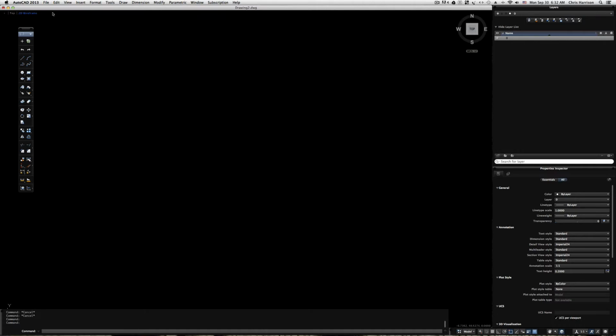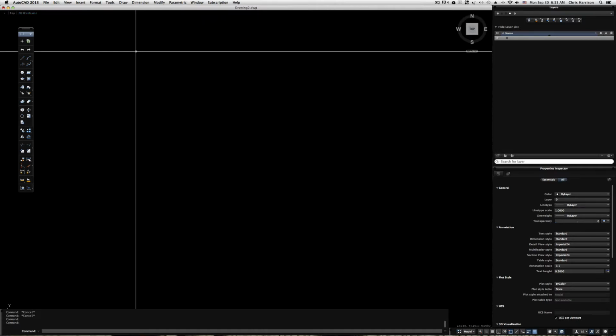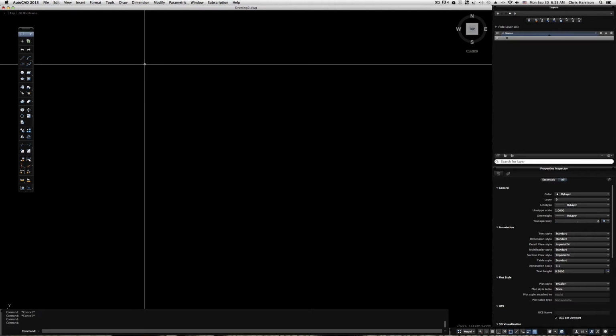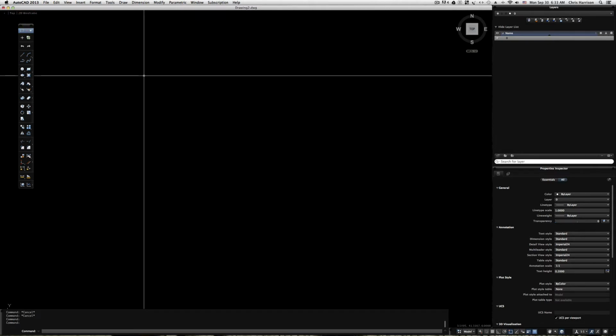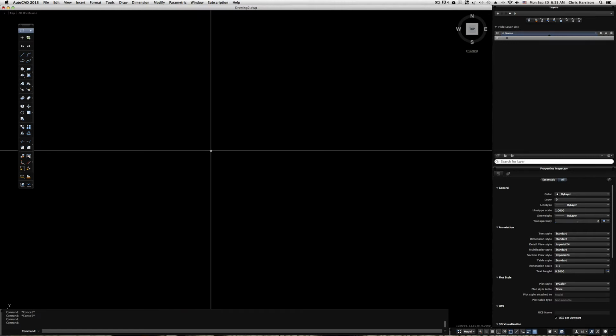And I've opened up an AutoCAD document. If you have no previous experience with AutoCAD, there are several tutorial videos online that you can make reference to first before going through this. But to give you a general overview of some of the tools that we're going to be using, I'll do that now. Primarily, we are going to be using the Polyline tool to actually draw the